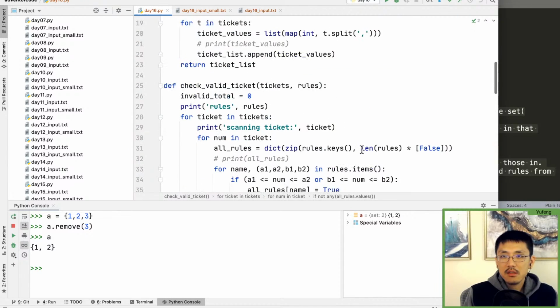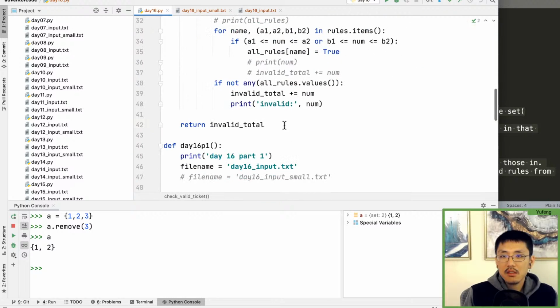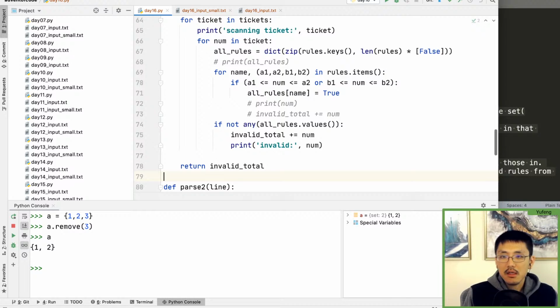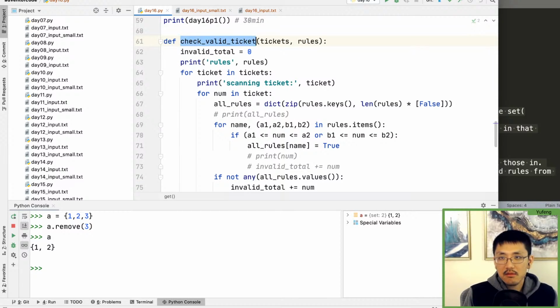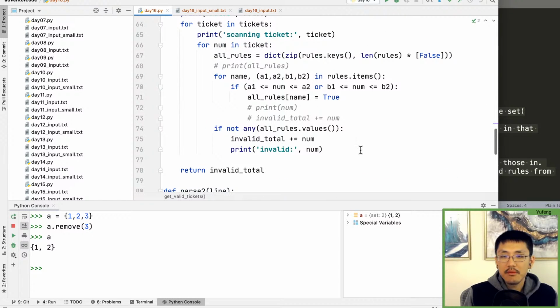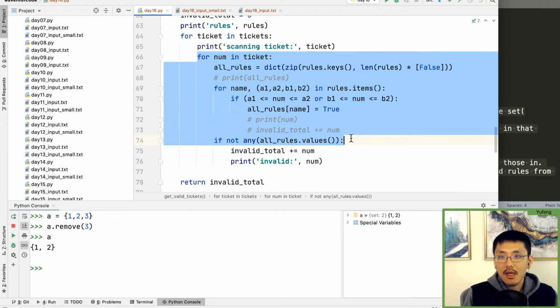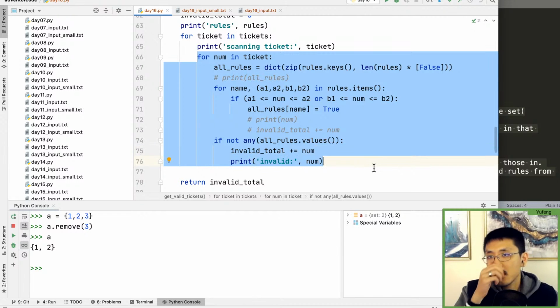And so if I take check valid ticket and put a copy of it down here, I'll change it to get valid tickets, right? So it's like filter down the tickets that are going to be valid. So instead of totaling invalid plus num, let's see, where are we in the for loop here? For num in ticket, if that ticket is not valid at all,